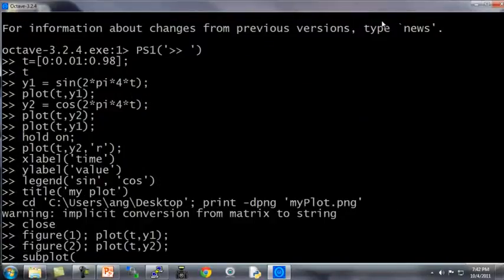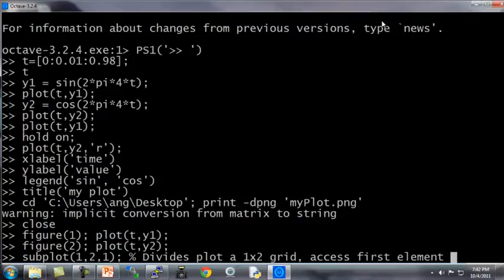So I'm going to use subplot(1, 2, 1). What that does is it subdivides the plot into a 1 by 2 grid. That's what the first two parameters are. And it starts to access the first element. That's what the final parameter 1 is, right? So just divide my figure into a 1 by 2 grid, and I want to access the first element right